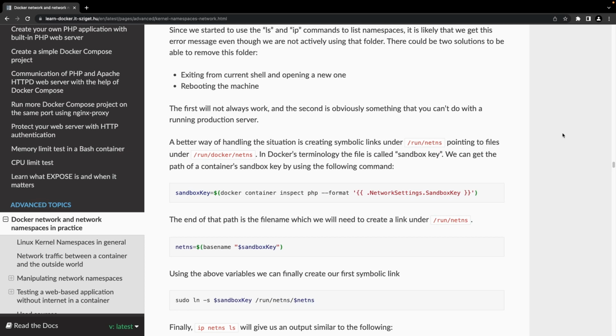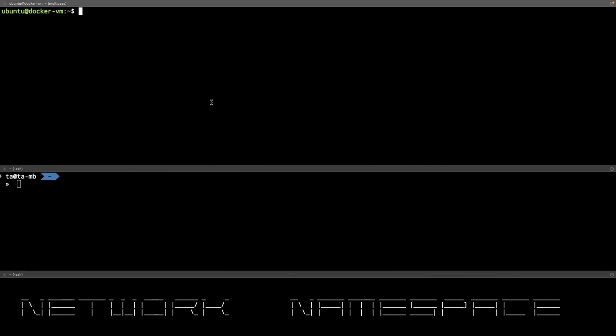In this case, I don't want to make the netns folder a symbolic link. I only want to link individual files from the folder of Docker. So I can run the following command to get the file path of the namespace, and this is called sandbox key. I can check it, sandbox key,